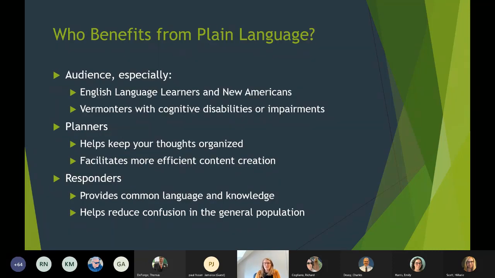So who benefits from plain language? As many rhetorical questions at conferences go, the answer is everybody. Our audience is going to be the biggest benefactor, especially for English language learners and new Americans. And we know that the population in the state of Vermont is becoming more diverse year after year. We want to make sure that we are providing every one of our citizens access to information in an equitable manner. And language barriers are a huge